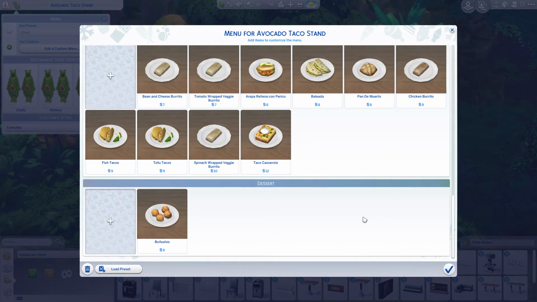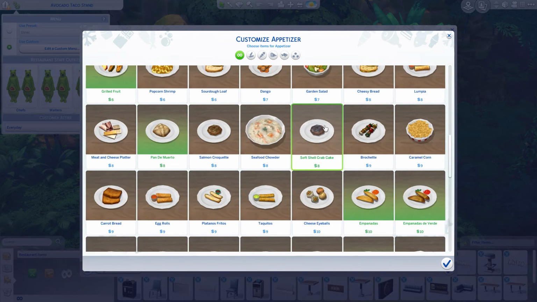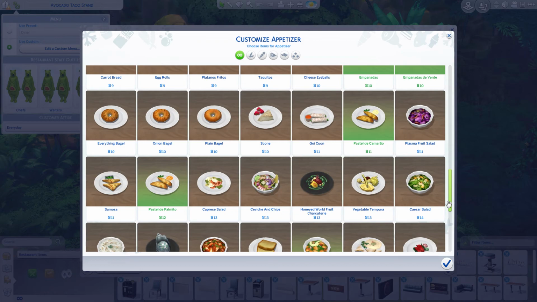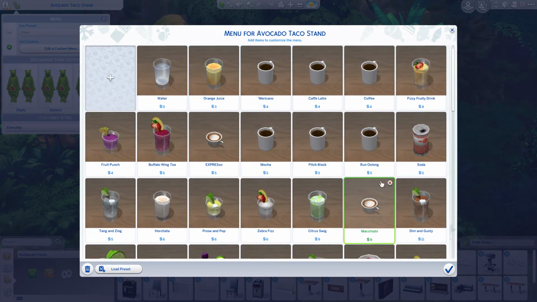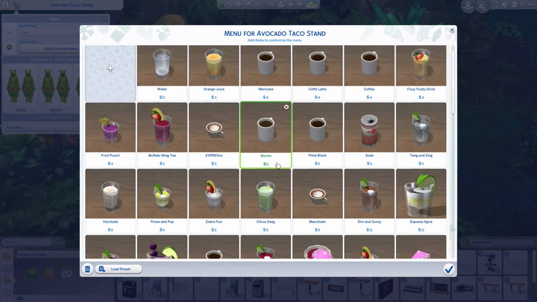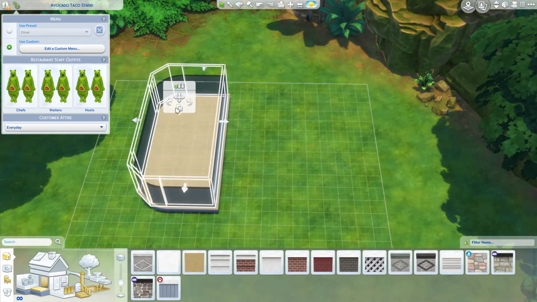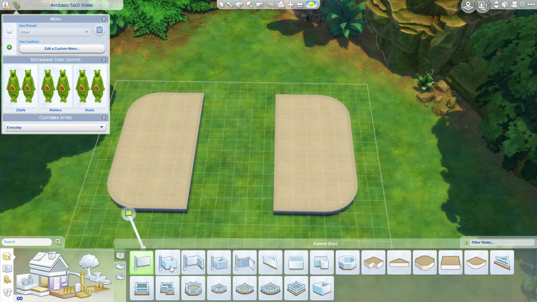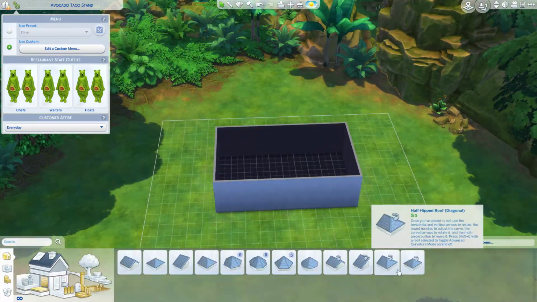A lot of people used to make restaurants right when the restaurant pack came out. A lot of people did make food trucks, and it was really cool because now where I'm living in Austin, food trucks are a main thing to do here. But anyway, the idea is that it's a restaurant with chefs, waiters,